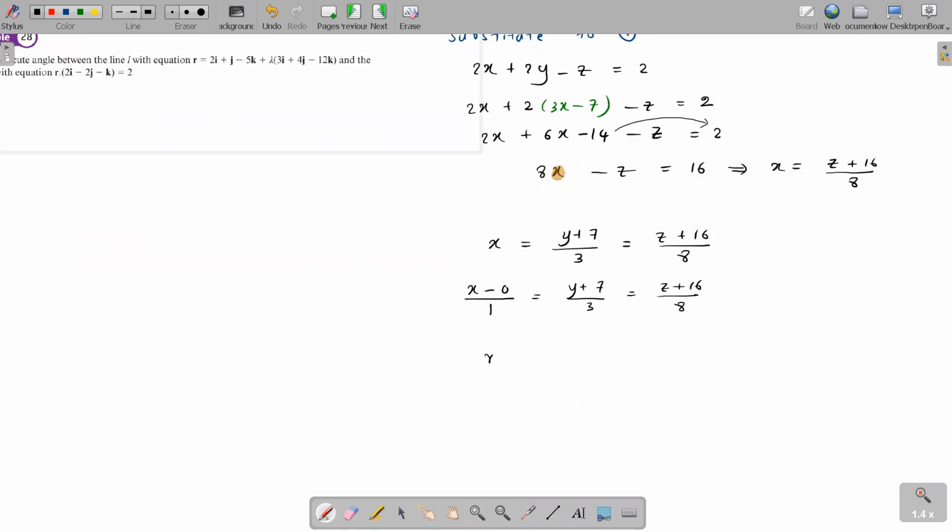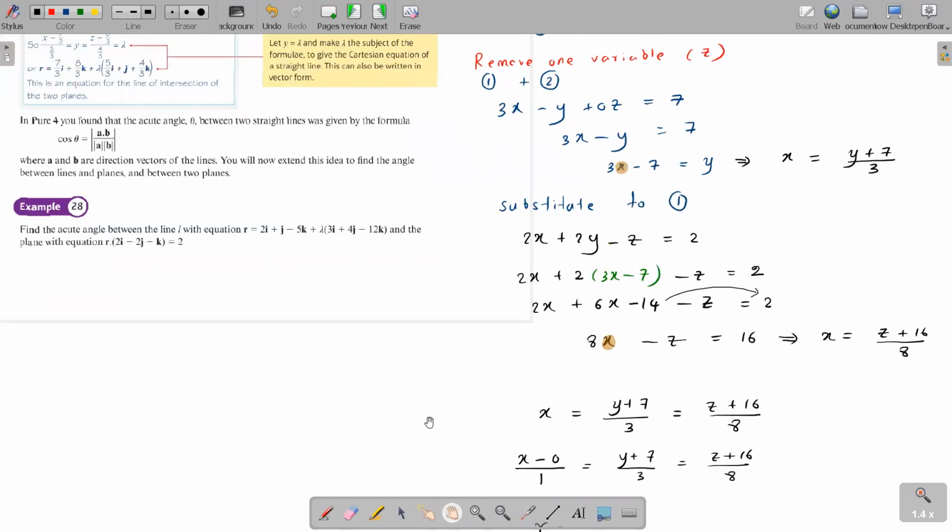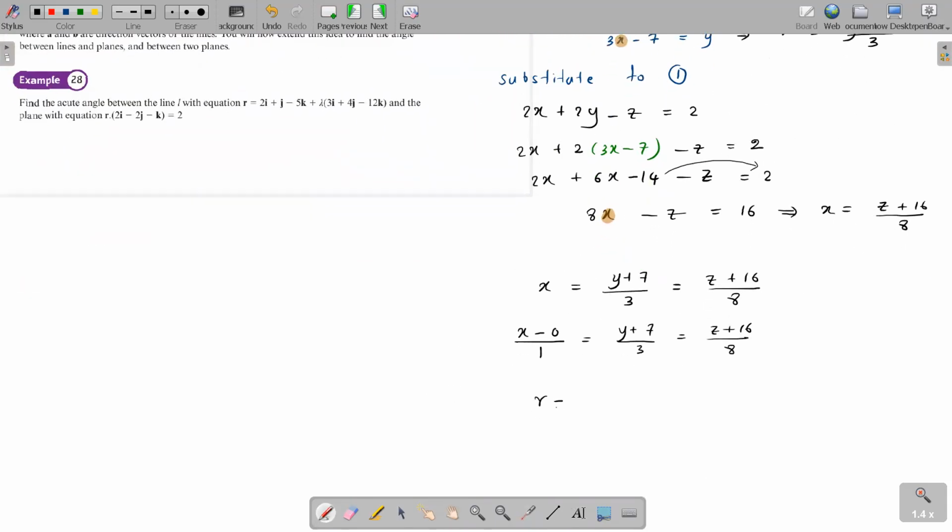Write the equation r equals... what is the vector format they have wanted? They want r equals a plus lambda b. So what is a and b here? You all know at the top you get the a figure, and at the bottom you get the direction, right? So what is the vector a? Who is the position vector? Look at this and tell me the position vector.